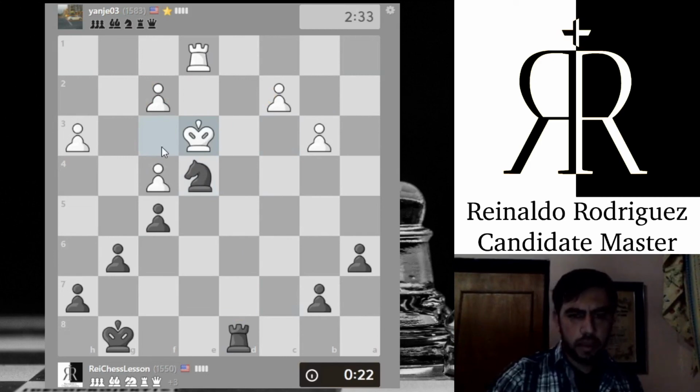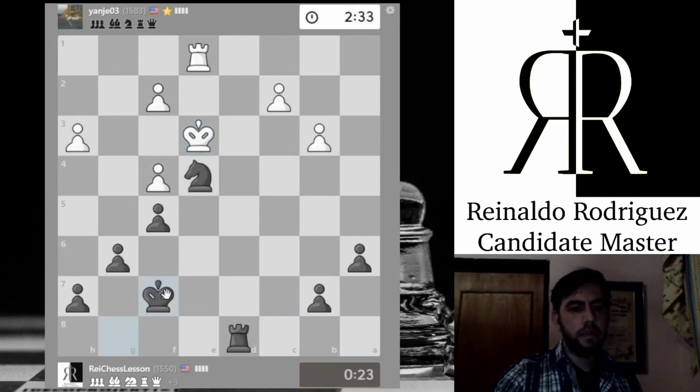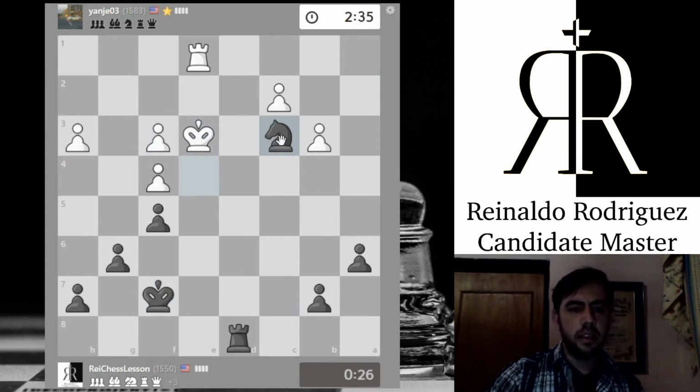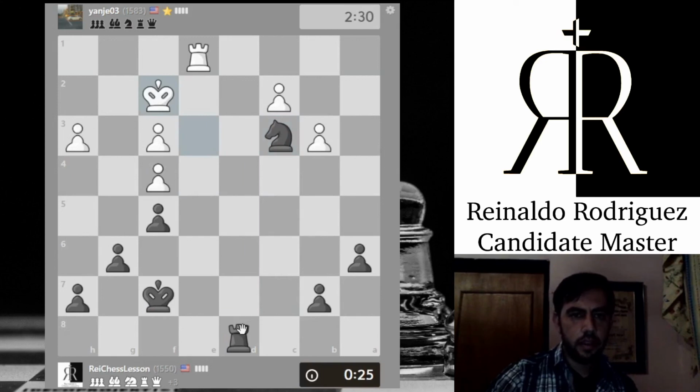Okay, he's ready to do f3. Okay, let's move the king to cover the invasion squares. He's going to play f3. Now, knight here to control this square. Also, I have the check, trading rooks. If king f2, rook d2 check. If king e3, I can just